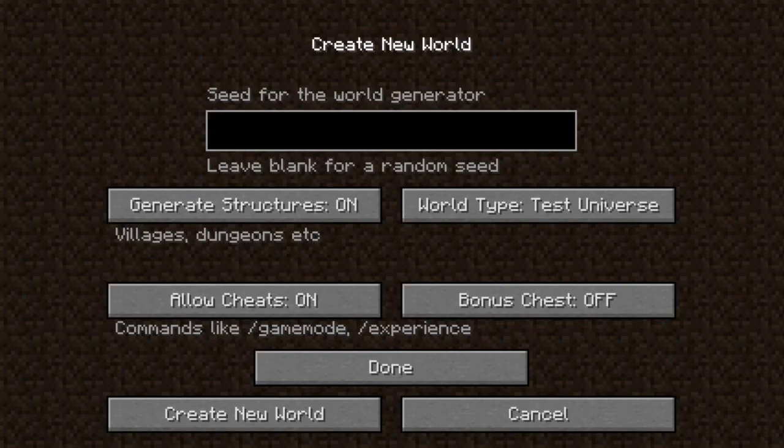Hi there, I'm Driz, bringing you another mod tutorial for Minecraft 1.14.4 on world types: creating your own custom world type. Just so you know, the world type is this button right here,